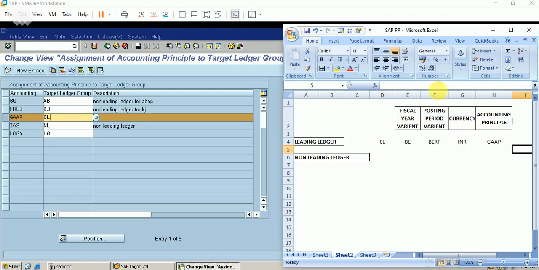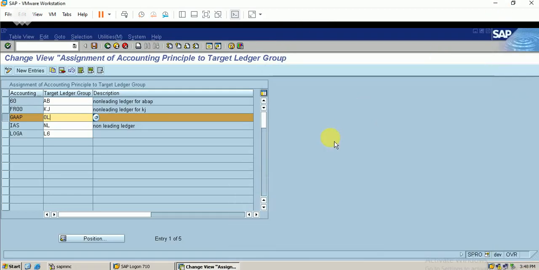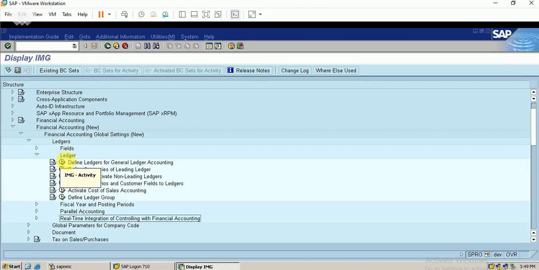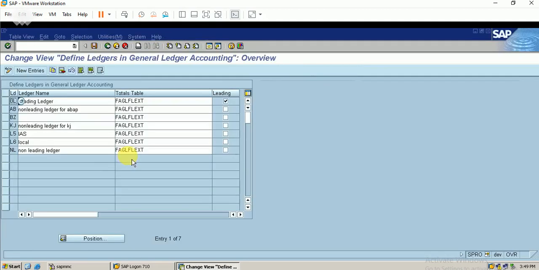Let me enter into the configuration. Here you can see Define Ledgers for General Ledger Accounting; I am executing it. You can see the table here, and 0L is the leading ledger.